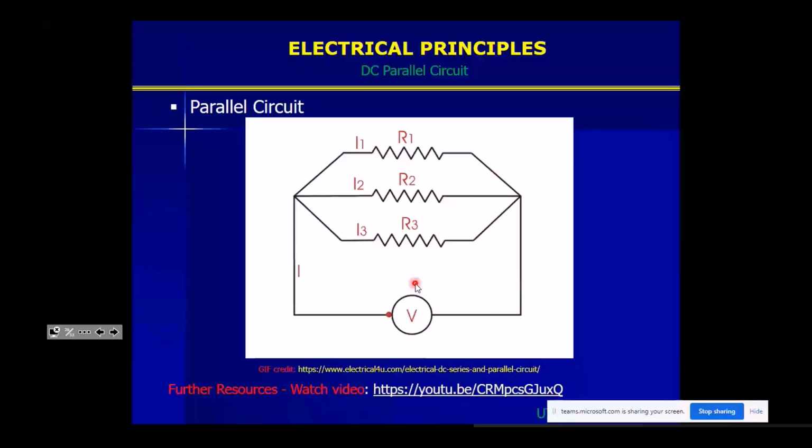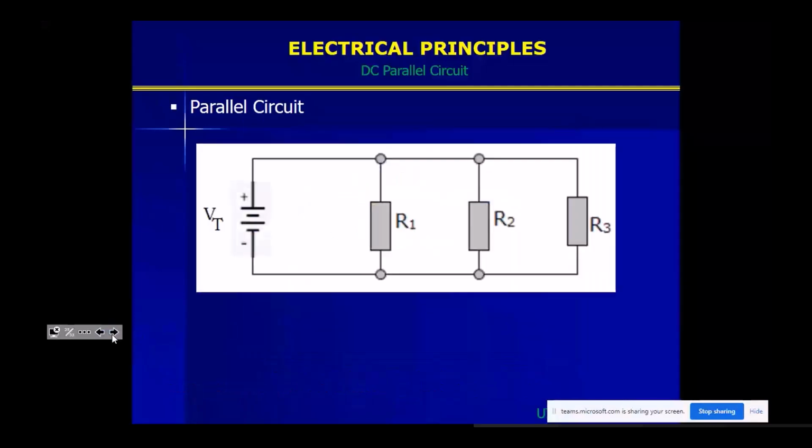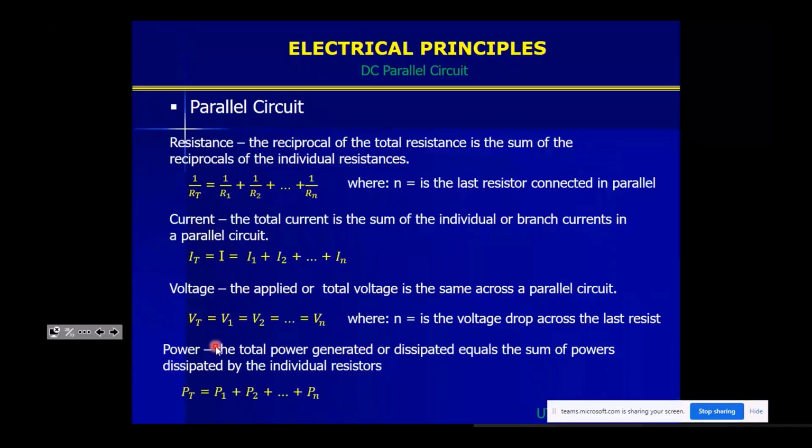So that's the direction of the current in the parallel circuit, from total current into branch currents. Now, what will be the formulas involved here? This is a parallel circuit, by the way. Our total current goes in this direction, and that total current is split into branch currents I1, I2, and I3. So this is how the total current is split. Then we can have the formulas involved.